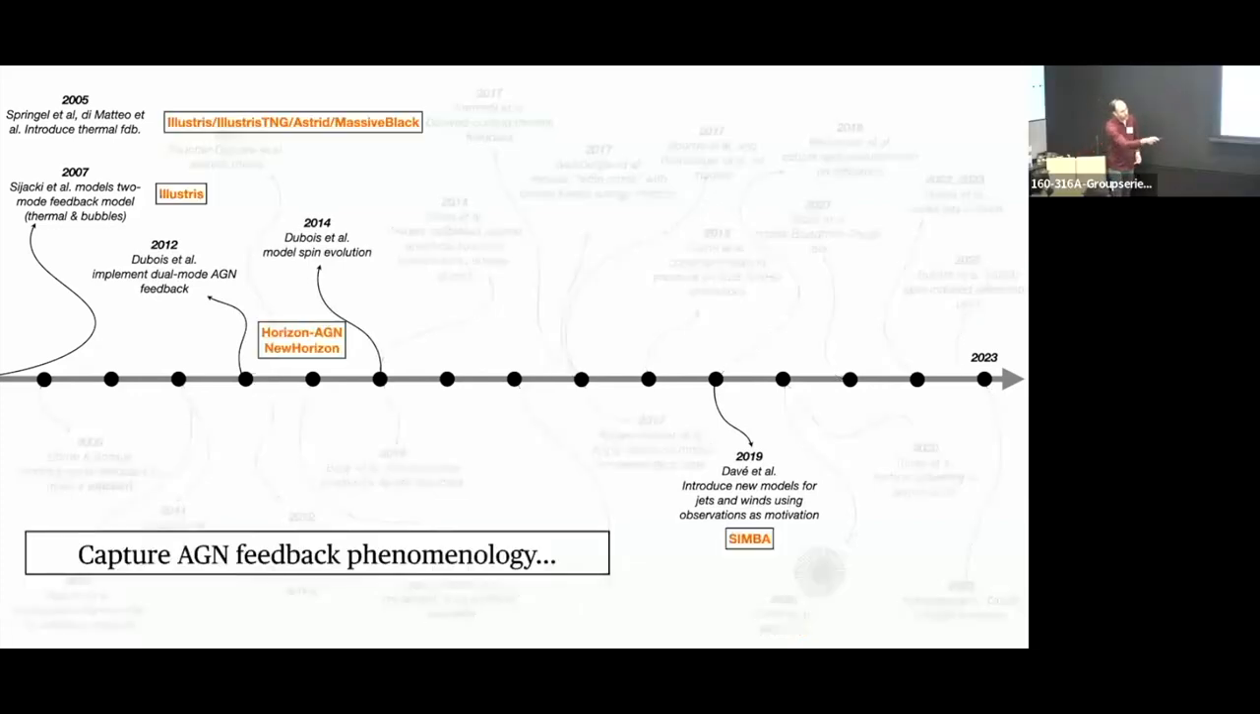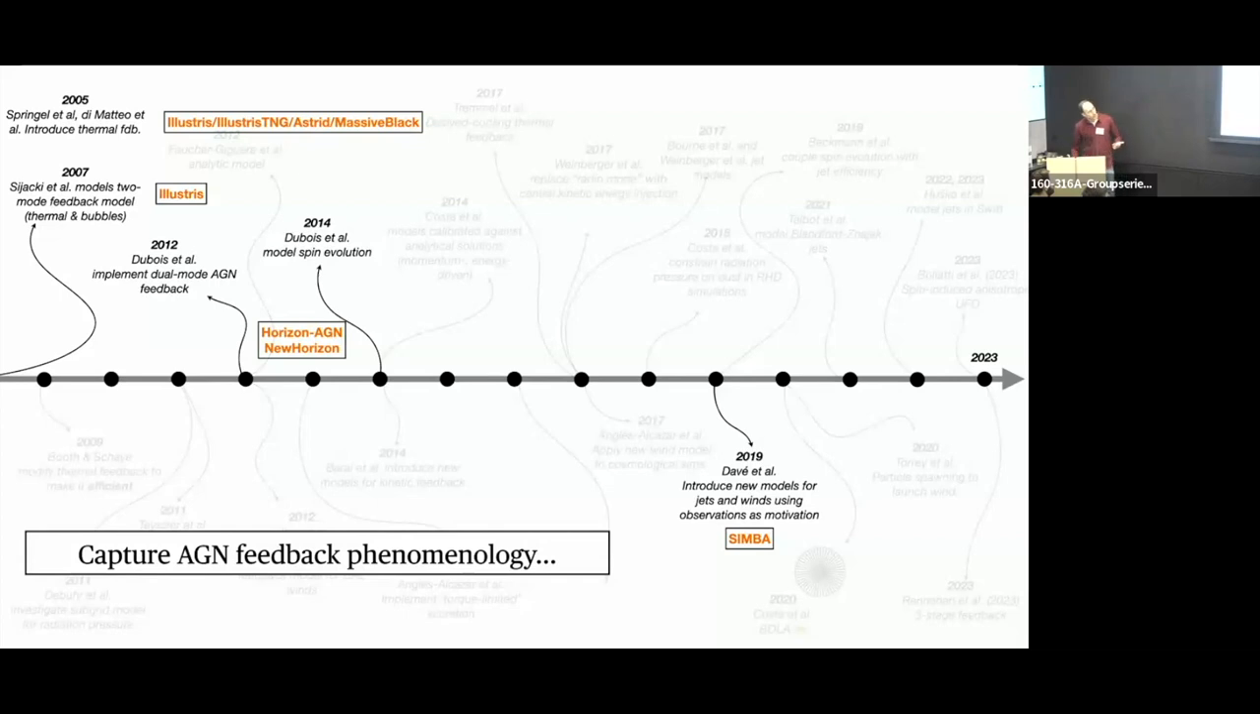So some of them try to capture AGN phenomenology. One great example of this is the attempt of injecting bubbles directly in halos. That could be what happens when a jet interacts with halo gas. Other examples try to, for example, use observational constraints of mass loadings and momentum fluxes in large-scale outflows to motivate